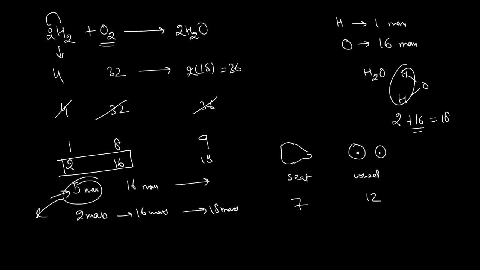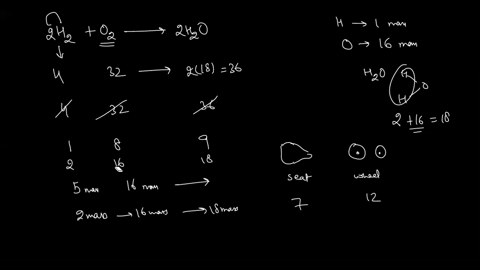This will not react. So in a chemical reaction, or when a chemical change is taking place, the elements combine in a fixed ratio by mass. You cannot say that if you have 5 and 16, then it will be 27. No, sorry, it will be 21. No. You know that when 1 mass reacts with 8, it gives you 9 of water.